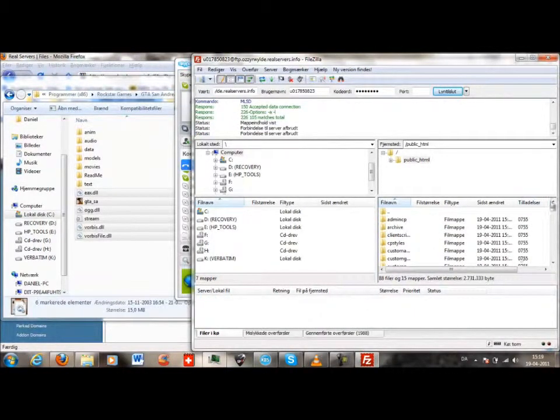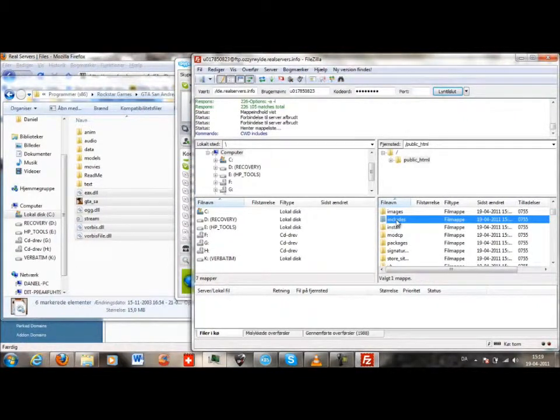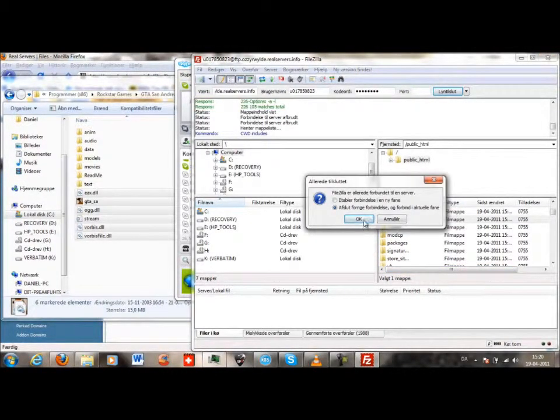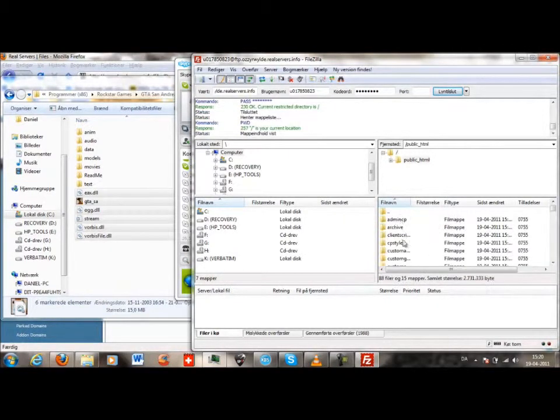Okay, so now I'm back, and watch, it's all uploaded to the FTP server. And now go into includes into the public HTML folder. I will open it again.